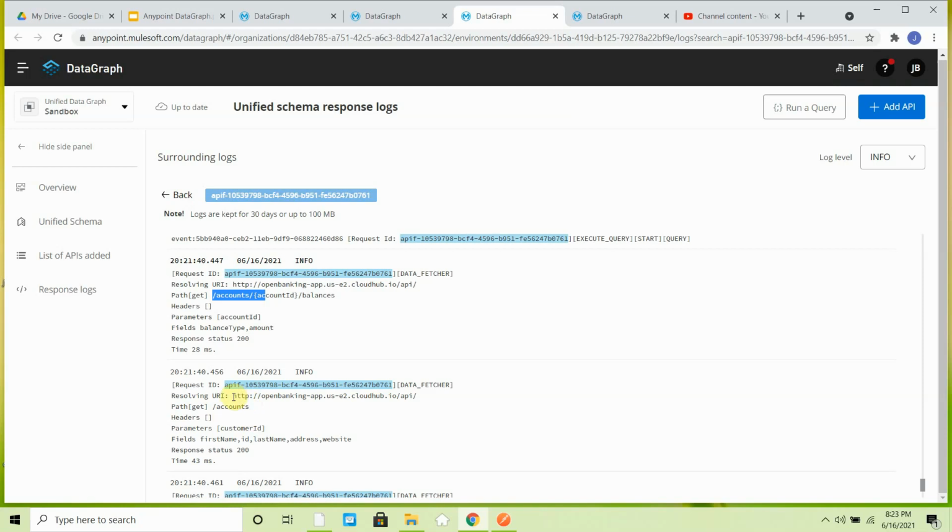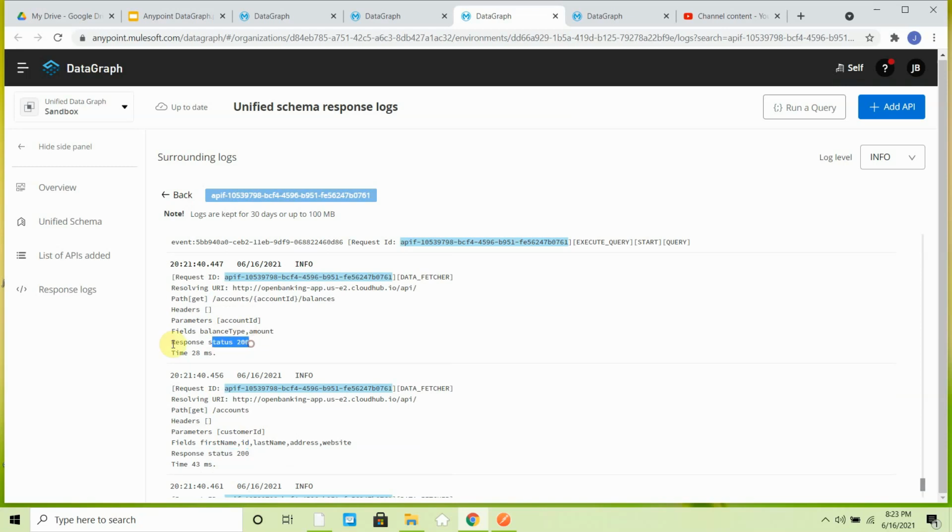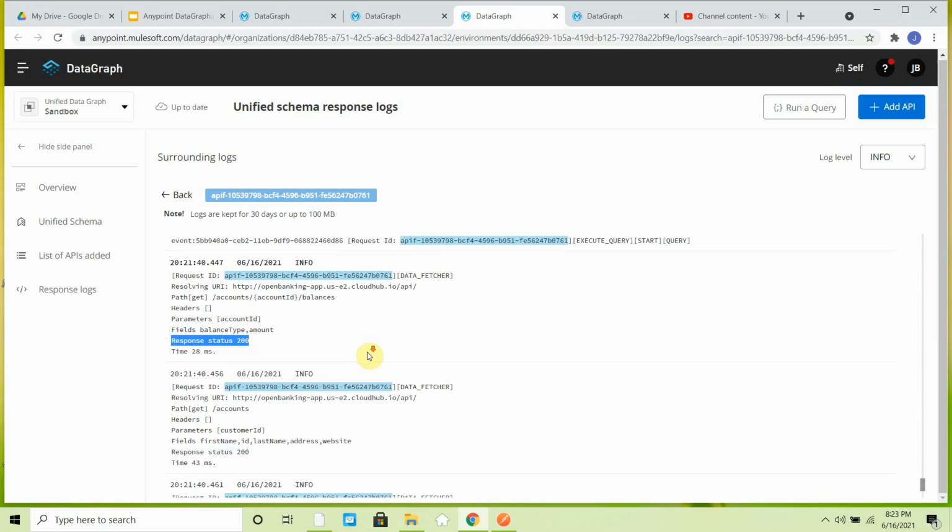Here you can see it called the accounts API, then the balances API, and it also called a transactions API. You can see everything in the log, and the response status for each call is 200, for each and every API.